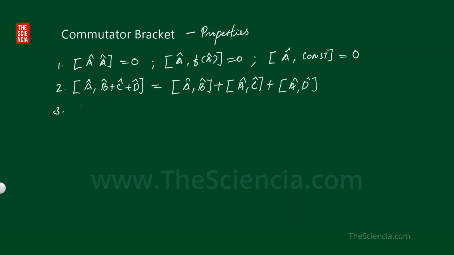Third property, commutator bracket AB is equal to minus commutator bracket BA. Fourth property, commutator bracket A comma BC is equal to